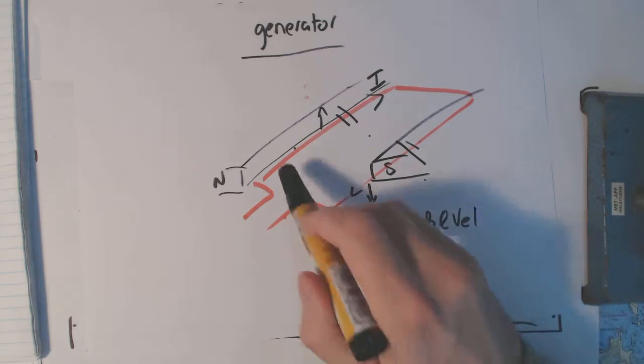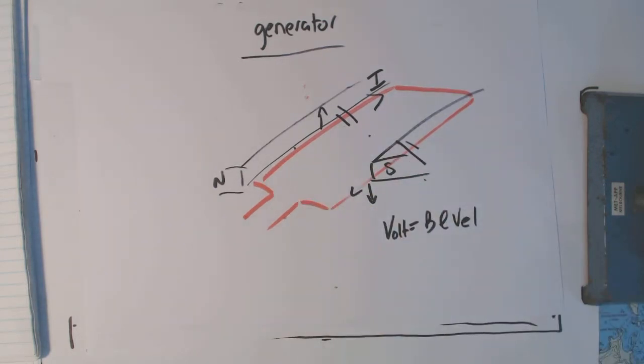So moving a conductor in a magnetic field produces a voltage, and this is what we call a generator, sometimes called an alternator. This is how we make our electrical power in nearly every situation where we've got a turbine or generator in the car with your alternator. So again, the questions are things like